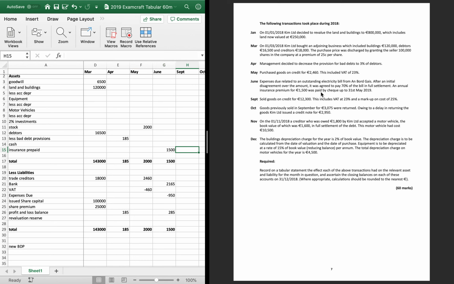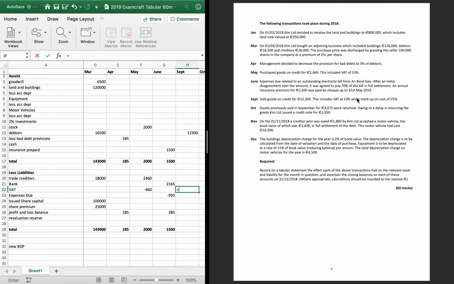So if we sell goods for 12,300, debtors goes up by 12,300. Sold goods on credit. Doesn't matter that 23% of it is VAT and there's a markup. The debtors owe us the 12,300. You work backwards then from that. Okay. Well, I would work out the VAT next. So when we sell goods, VAT increases. So we need to work out what the VAT is of that 12,300, and that'll give us the cost price